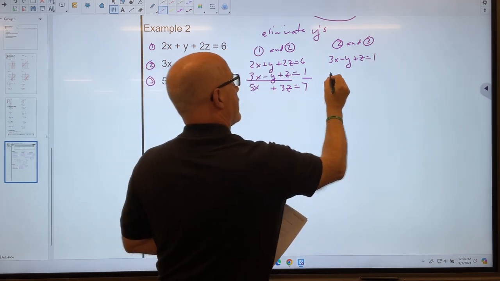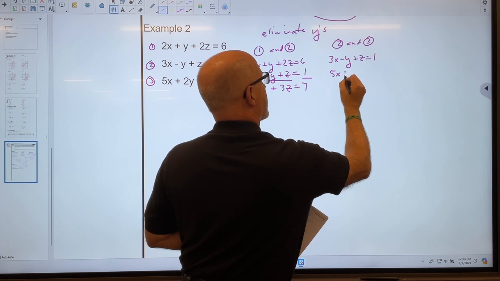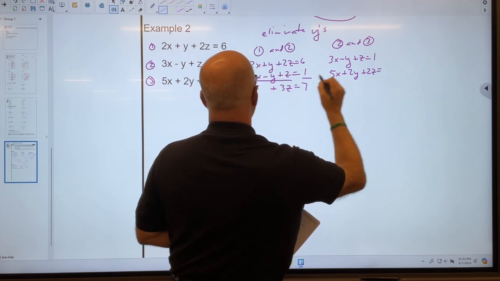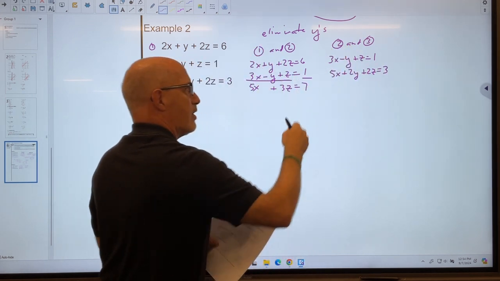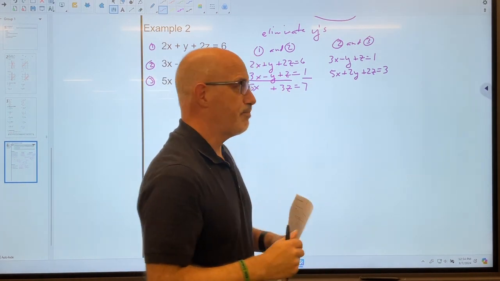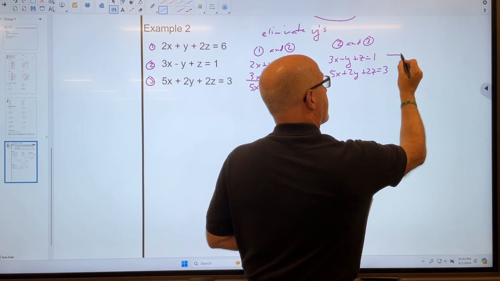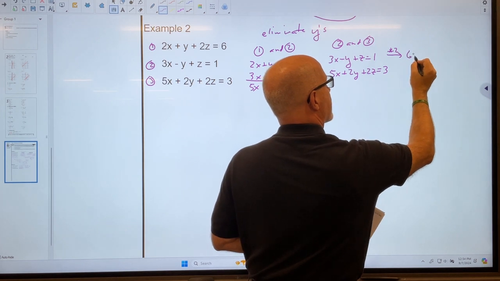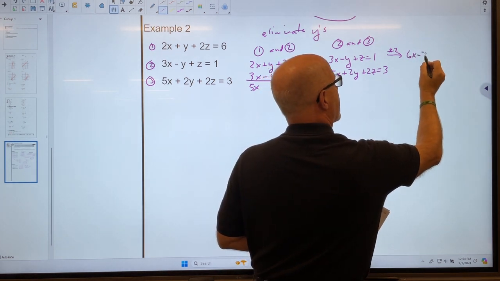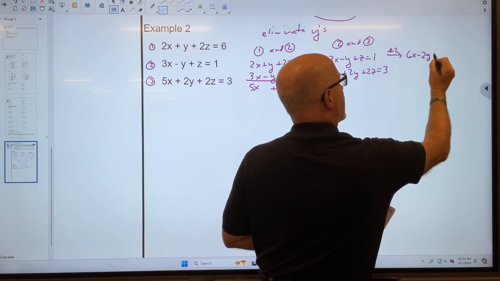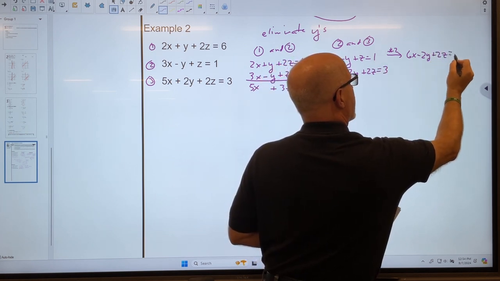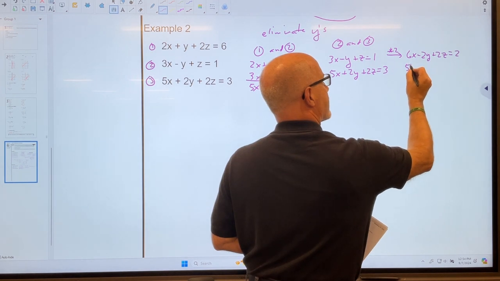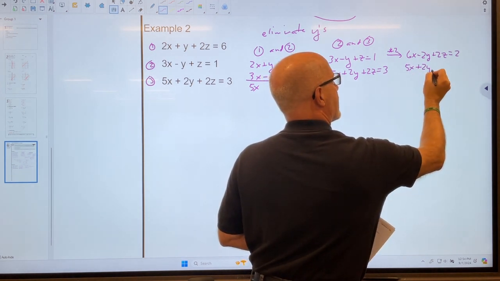And let's list out 3. Okay, to get rid of the y's, I'm going to multiply the top equation by 2. So let's just relist it here. I'm going to have 6x minus 2y plus 2z equal to 2. Now let's do the second equation, just listed as is, 5x plus 2y plus 2z